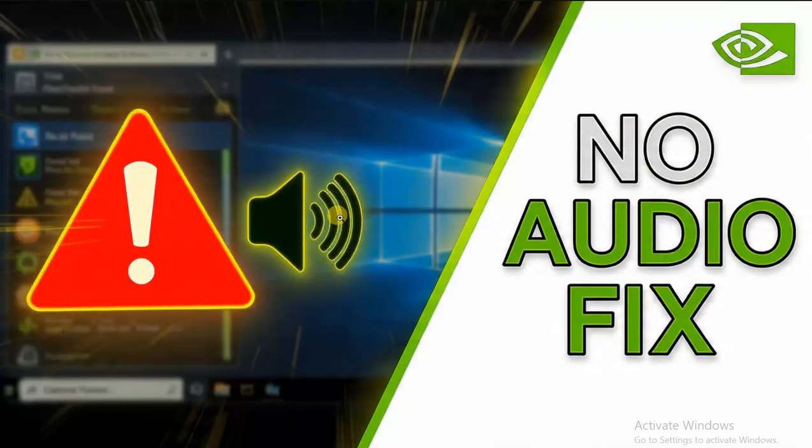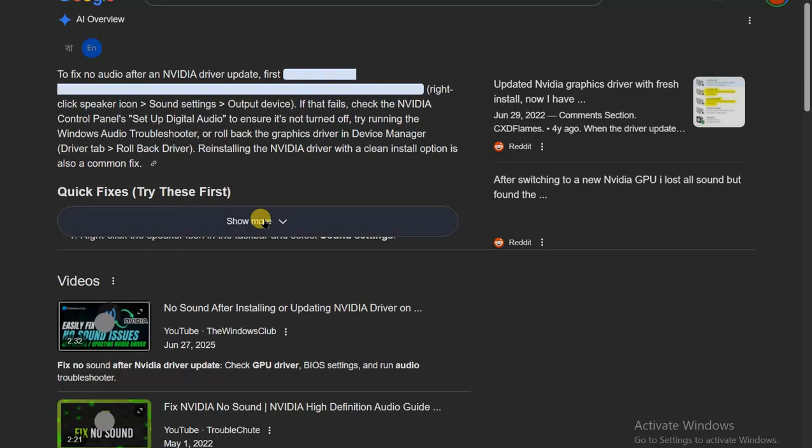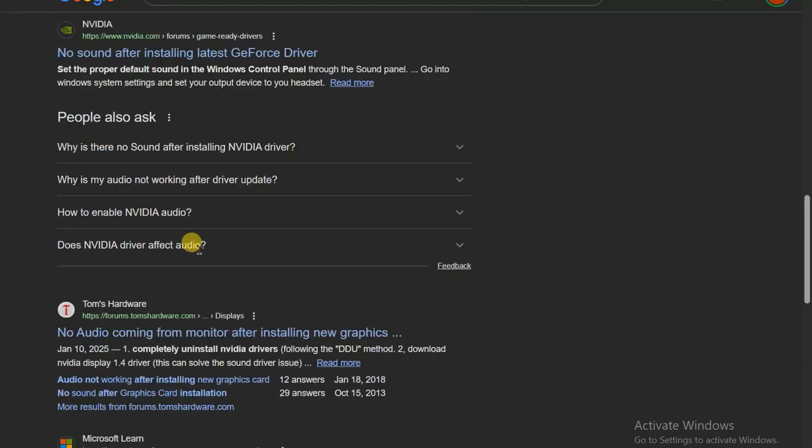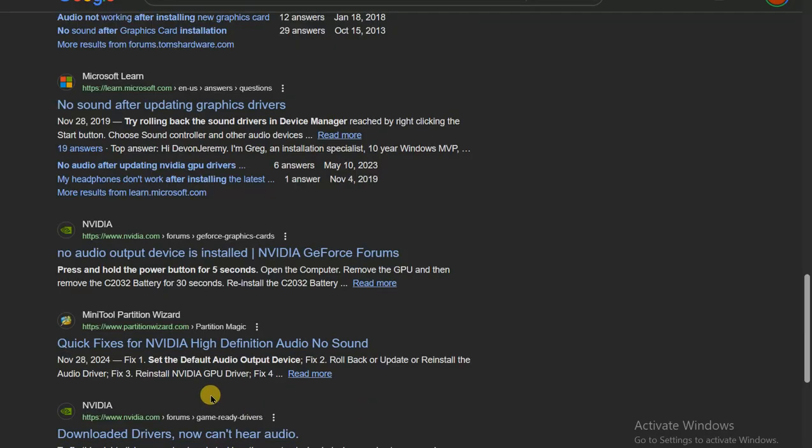This is a final video to fix having no audio after installing or updating your NVIDIA drivers, because you deserve a PC that sounds as good as it looks. Are you facing a frustrating silence where your speakers or headphones stop working the moment you finish your graphics update? This annoying problem occurs because the NVIDIA installer automatically sets your monitor as a default playback device, even if it